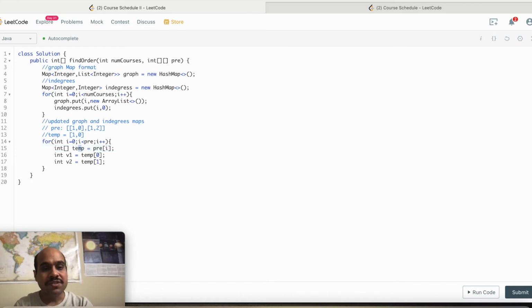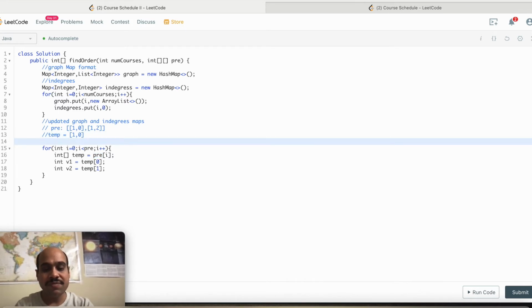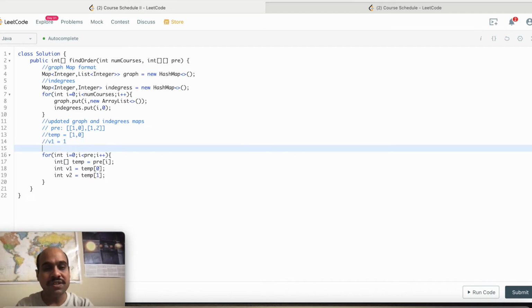If you see, here I am taking the ith element of pre. It is basically again an array in temp array. Once it is done, I am taking v1 as the first element of temp array, so it will contain 1, and v2 will contain 0. So this way I will be looping through each element of this prerequisite array, and I'll take a temp, and I'll take the v1 and v2.